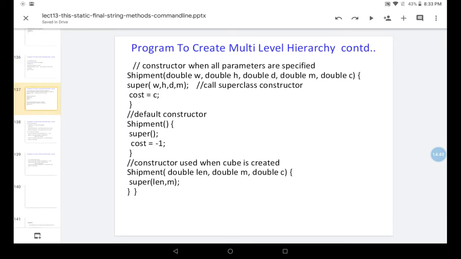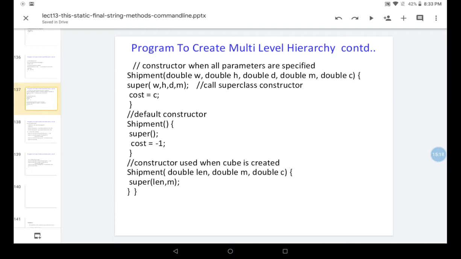Same thing here: there are 5 parameters we pass. Four parameters are already initialized in the BoxWeight class, so super(w, h, d, m) is called to access the BoxWeight constructor, and the extra variable that needs to be assigned is cost. So that c value is assigned to the instance variable cost.